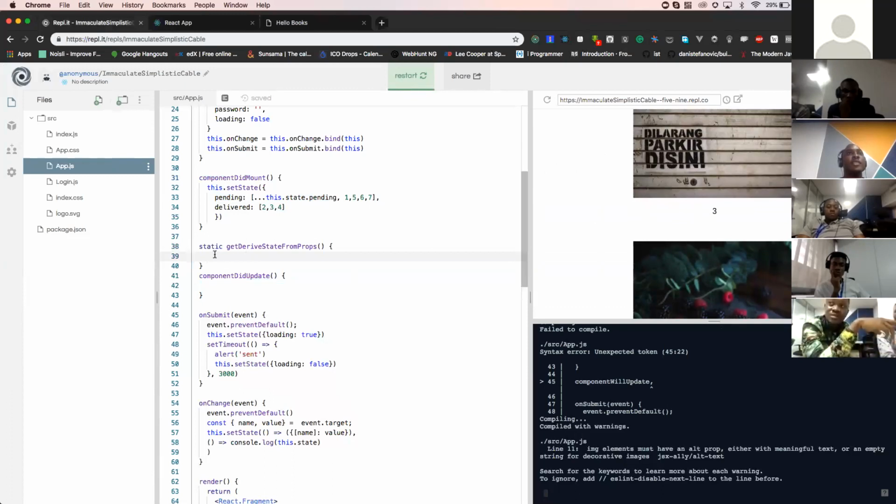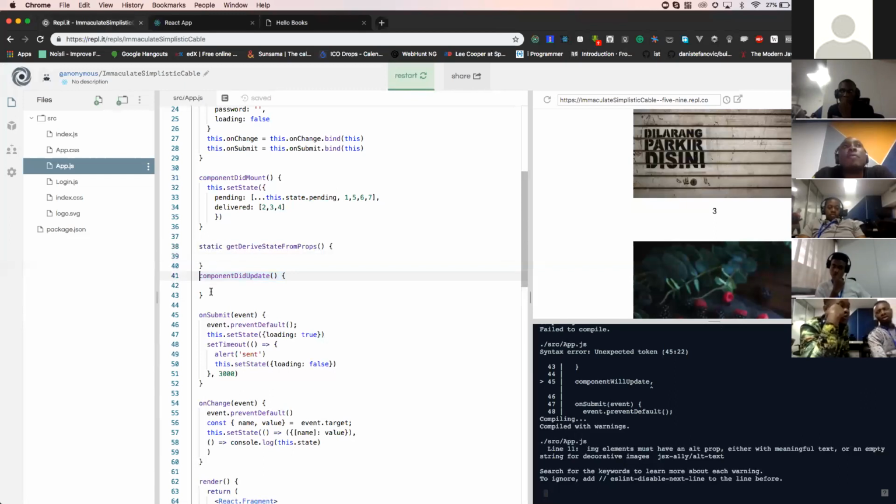We want to change the state using this component and say, okay, we've got a new prop, use it to update the state, and then render it. And then you return that new slice of state. And in componentDidUpdate, you tell it how to render whatever you should do with that new state. Anyway,